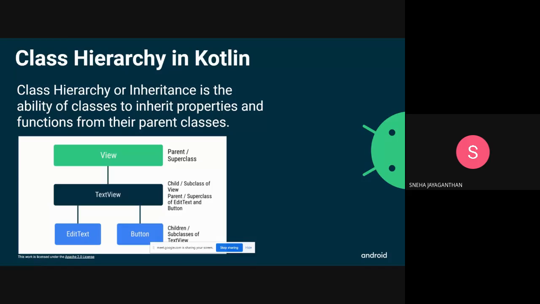Taking a step further, you have the EditText and the Button classes as well. They are the children of the TextView class. So they also inherit all the properties of the View as well as the TextView class, plus they add their own specific logic as well. So EditText adds its own functionality of being able to edit the text on the screen. So instead of copying and pasting all the logic from View and TextView classes into the EditText class, you can just describe EditText to be a subclass of the TextView class, and it can automatically inherit all the properties of the TextView class.